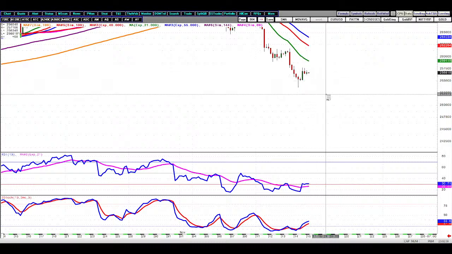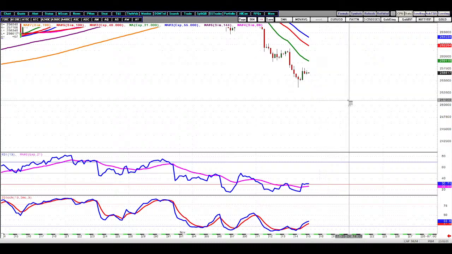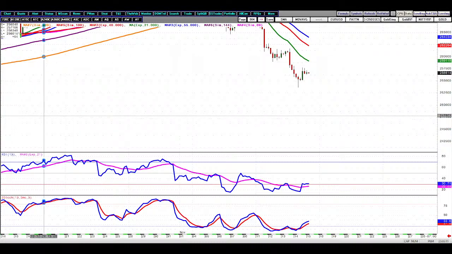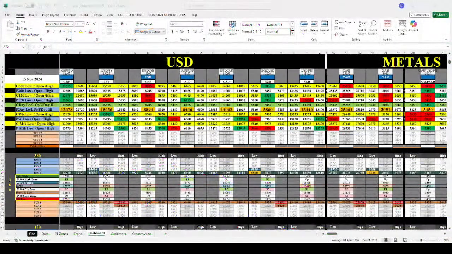So in simple terms, the new time belt has already come into play. Okay, let's get the figures now. And I'm going to give you a trade to do now.